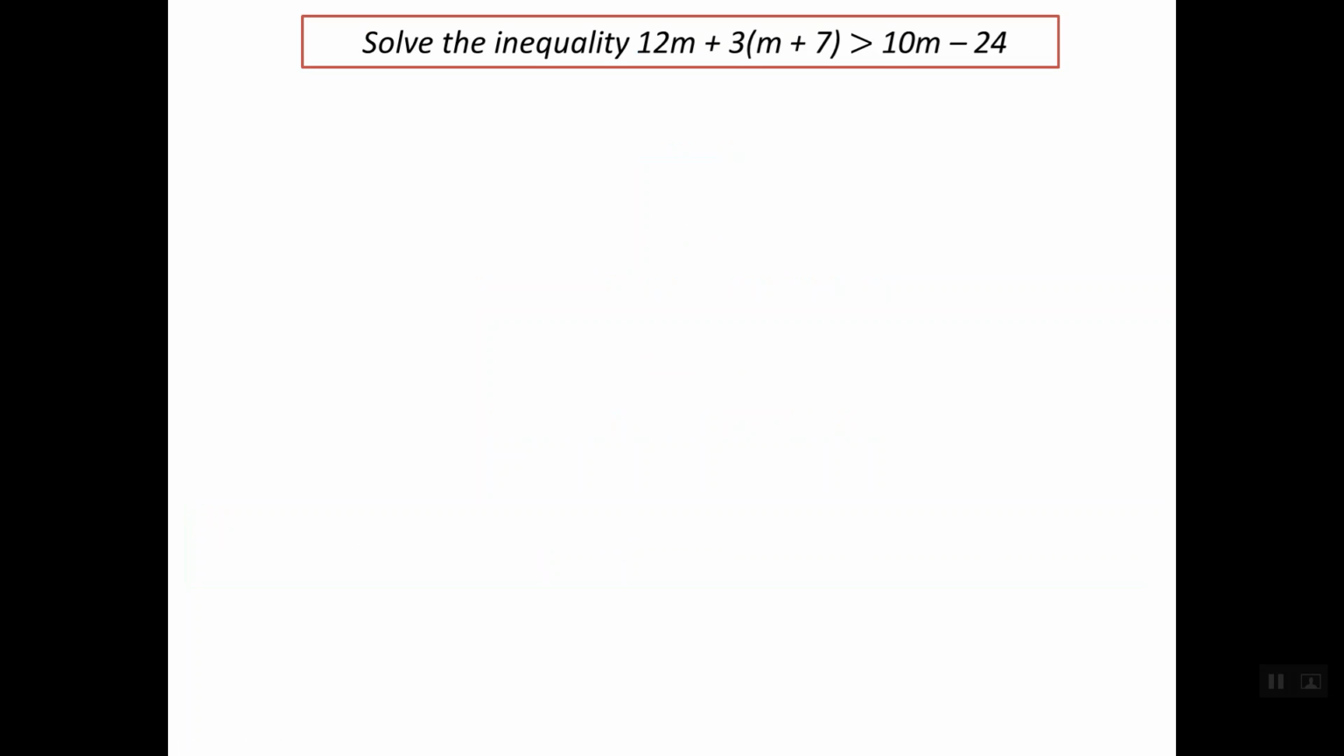Let's solve this inequality: 12m plus 3 times m plus 7 is greater than 10m minus 24. So what we have here is the variable m on both sides of the inequality, and we have constants on both sides too. So before we start solving this inequality, we need to simplify. First, we need to